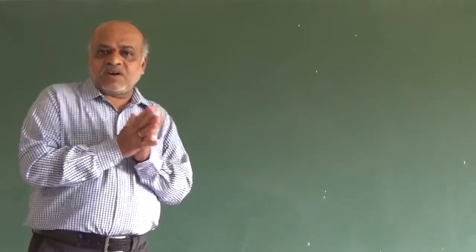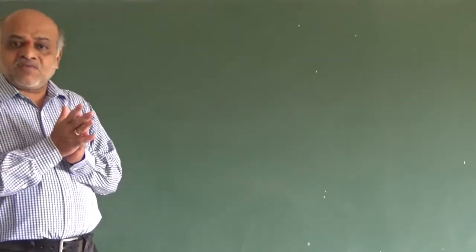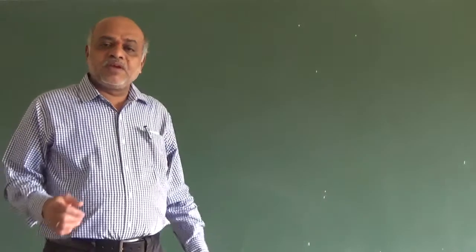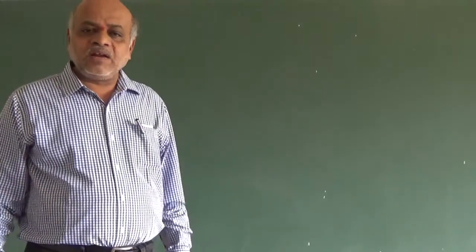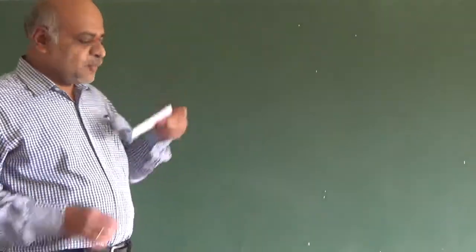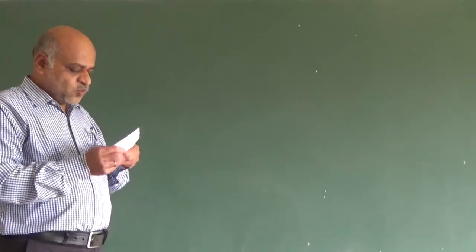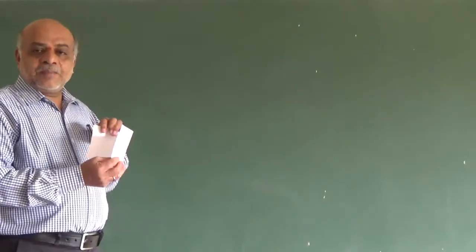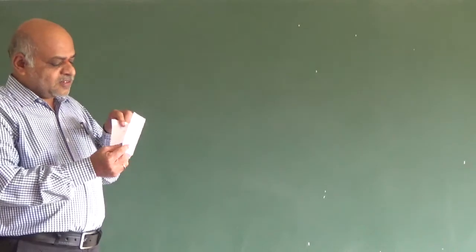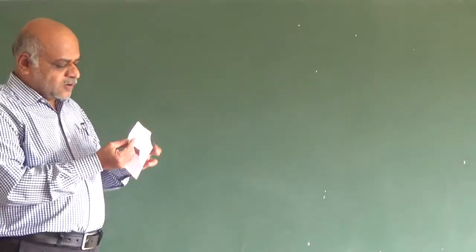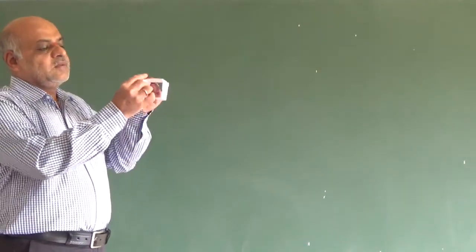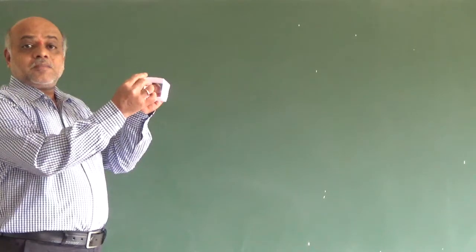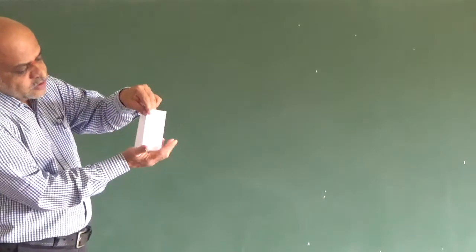So development of solids, or the development of lateral surfaces of the solid, means the layout design of the material required to manufacture those particular solids. So let us take one simple example. I am going to demonstrate it by using a piece of paper. By using this piece of paper, I am going to construct a square prism. This is a square prism, how it looks.